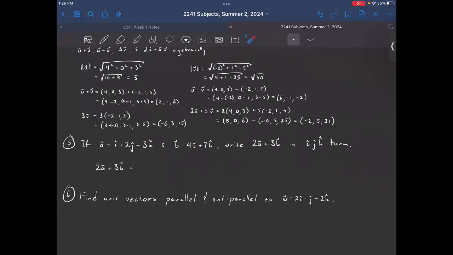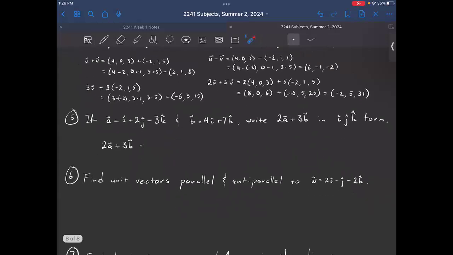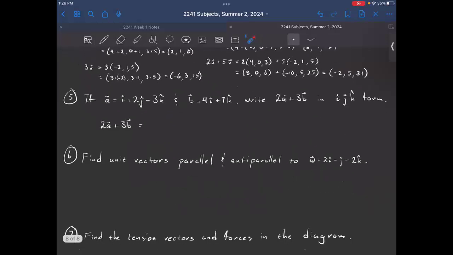All right, so let's move on to number 5 here. What does this say? It says if a is this thing, so this is called IJK form right here, and b is this thing, write 2a plus 3b in IJK form. Okay, so here's how this works. We just treat i, j, and k sort of like polynomials. You can think of i as being like x, j as being like y, and k as being like z. And so this is like